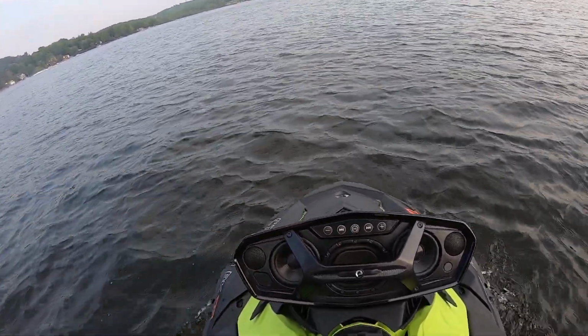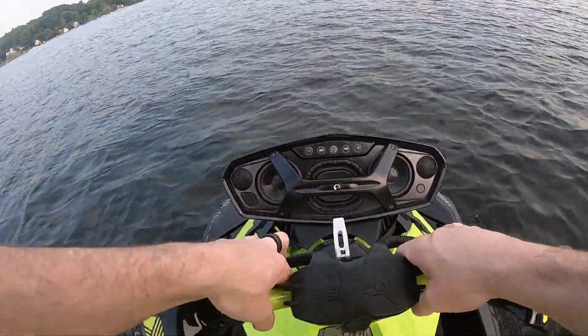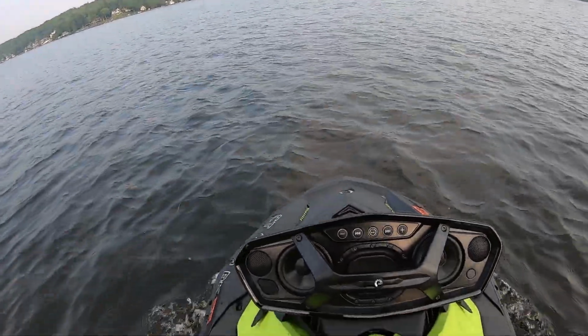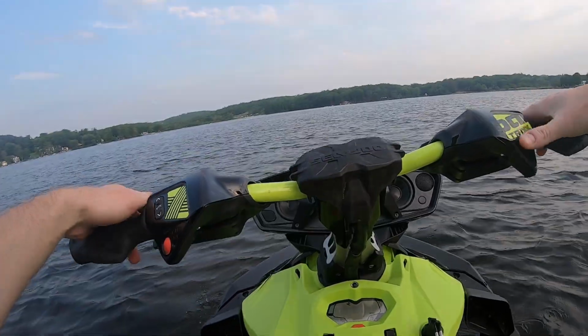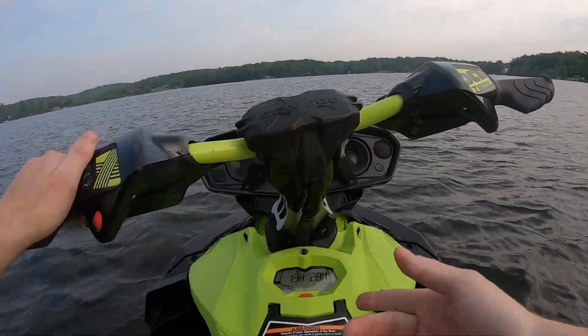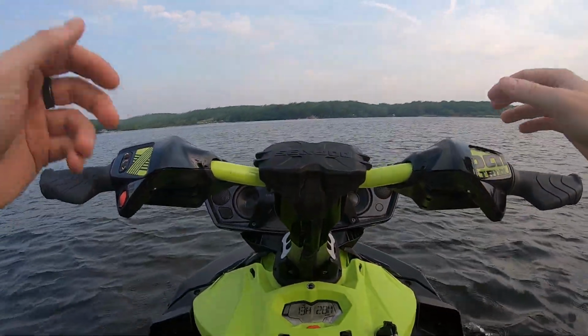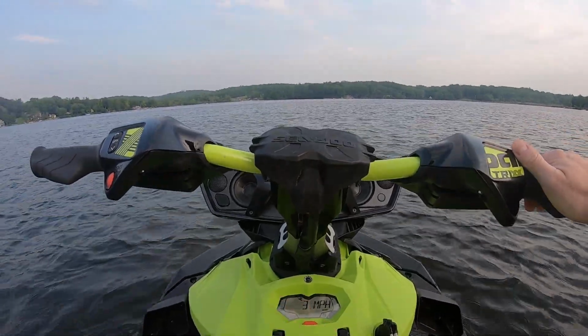So I have the speaker system on today, as you can tell, which may or may not hinder anything, but I'm gonna put the handlebars up. I'm going to do some testing on it, and I'm going to get my reactions on the first initial acceleration and get my thoughts on it. So I have 13 hours on it, enough break-in time to get it tuned and changed out and all that stuff. So first of all, we're going to put it on speed,